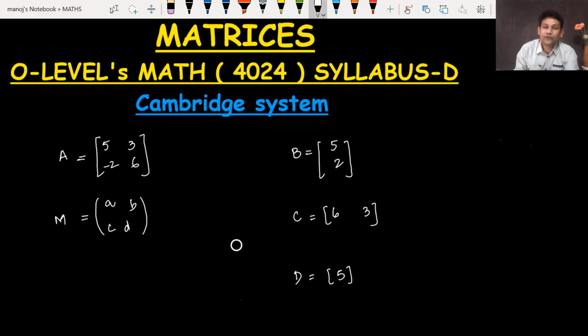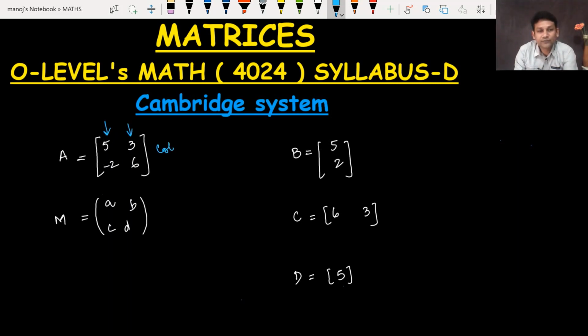There are a number of ways to represent these matrices. In matrices, normally the numbers here, we are having 4 numbers in the first matrix. That is called the members of the matrices or the elements of the matrices. There are 4 members, there are 2 members, there are 2 members, and there is only 1 member for the element. Okay. In matrices, what we should know is that the vertical members are called the